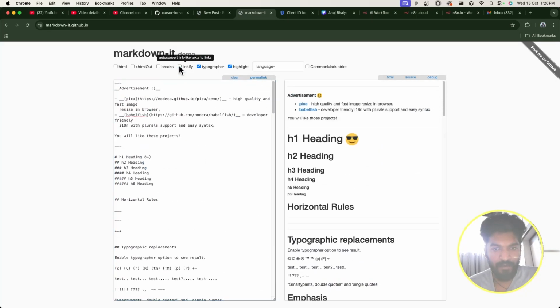What is linkify? Support or convert link like text to links, linkify, and